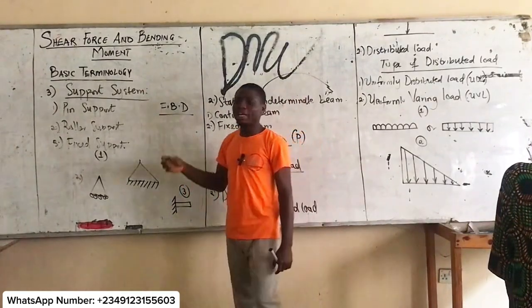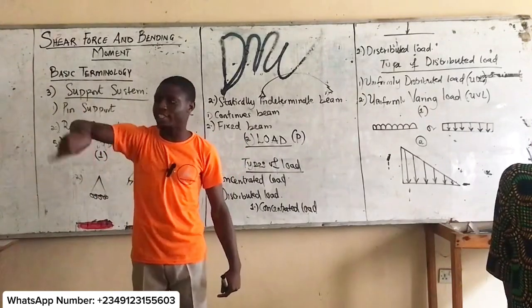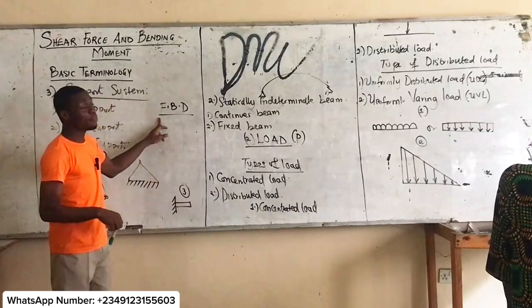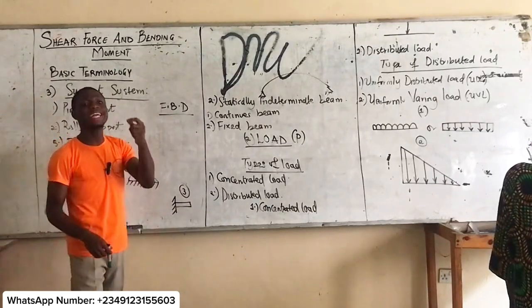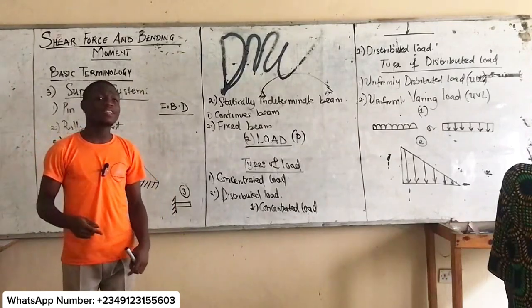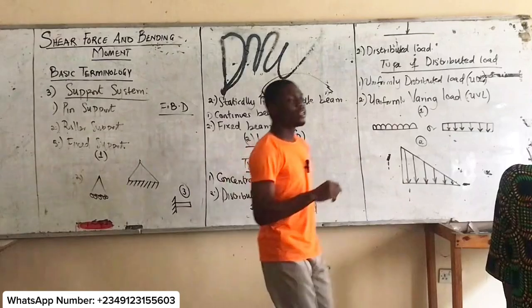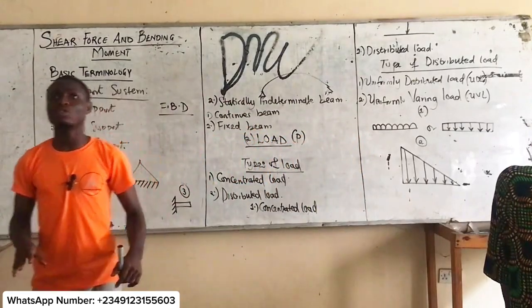A free body diagram is simply a diagram that shows all the external forces acting on the structure. Free, F-R-E-E. A free body diagram is simply a diagram that shows all the external forces acting on the structure. Now look up. So we are saying that for any structure, or perhaps any beam, at least you should have